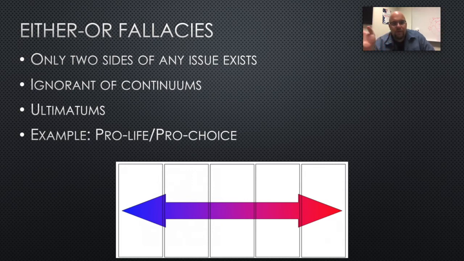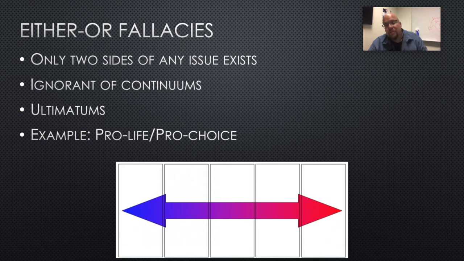In reality, we know there's a spectrum, or the idea of a continuum, which you see on the bottom of the screen. The opposite of a continuum is an ultimatum. That is when people say, you can either hang out with me or you can hang out with your friends. You need to make a choice. But we all know in reality, you can have both, right? Oh, well, I can hang out with you on Friday and hang out with my friends on Saturday. There are other options out there. But people want to present it as though you can't be both.